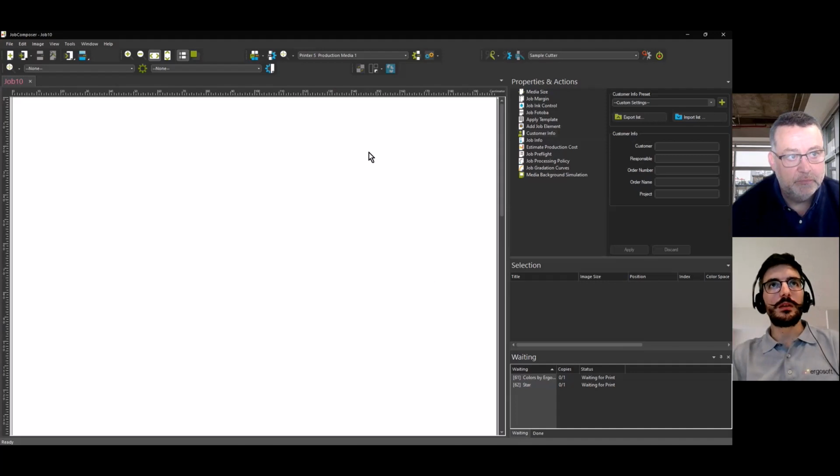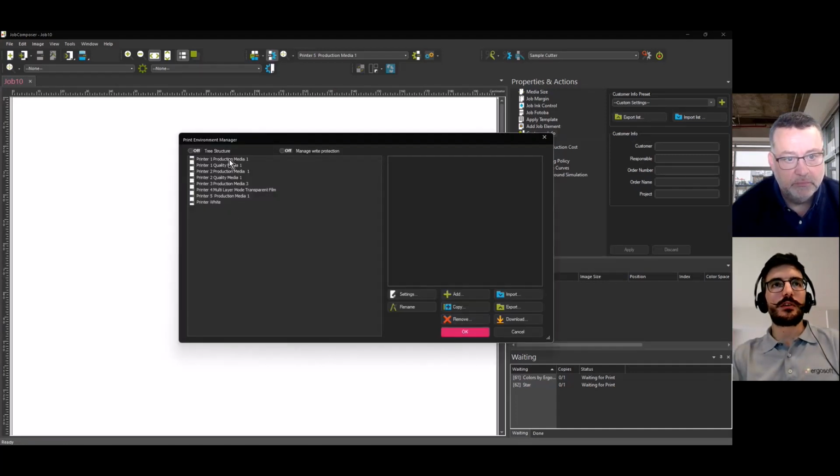Okay. So here I have multiple printers, right? Printer 4 and printer 3 are not the same model as printer 1, 2, and 5. So 1, 2, and 5 are exactly the same printer. All 5 have individual print queues that you can control. But if you want to divide the production between the 3 printers that are the same, 1, 2, and 5,